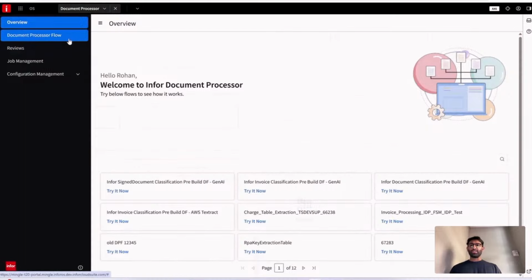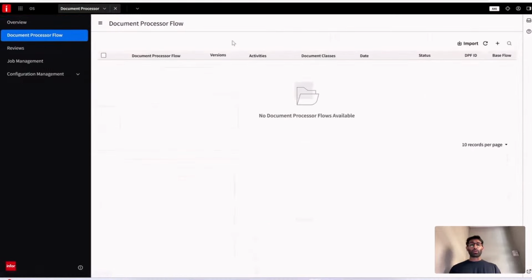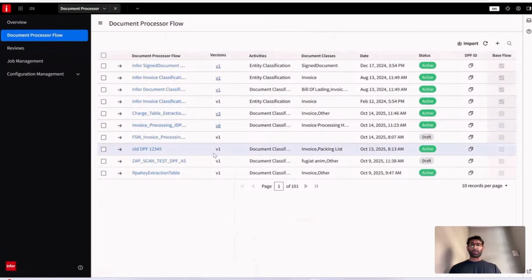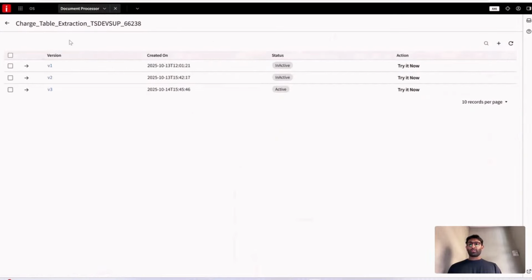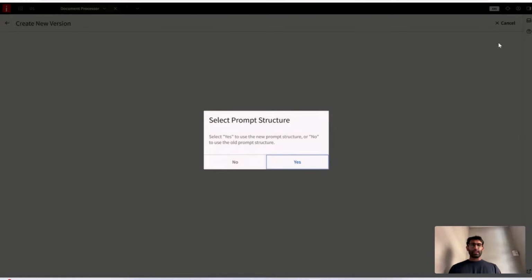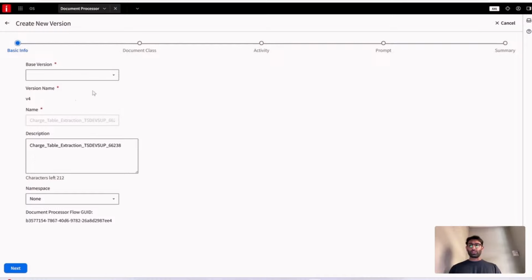Moving on to the second demo, which is model versioning within document processor flows. We can see here this version column that I had previously mentioned. If we go into V3 for this document processor flow, we can see that if we want to create a new version, we can do so by using one of the previous base versions. So let's use version 3 as the base version. It'll copy that into version 4. And then if we go through the steps